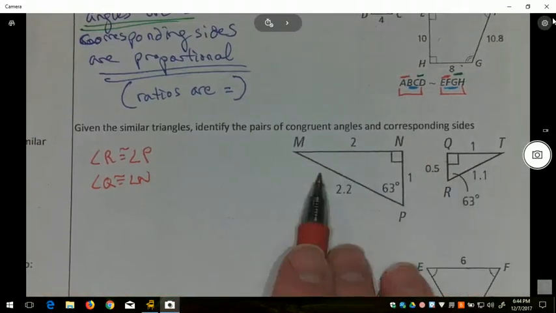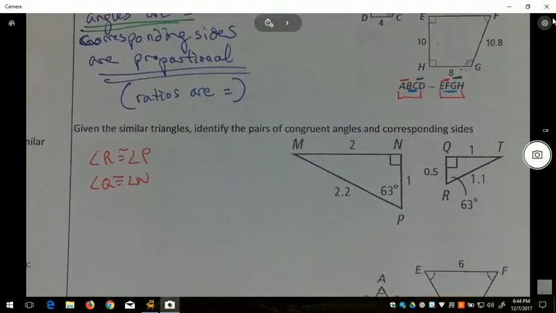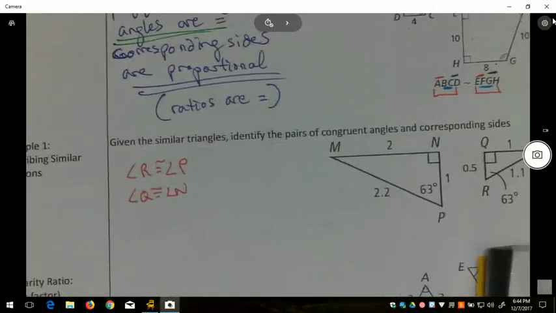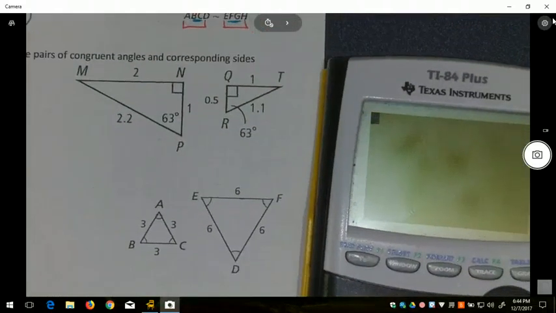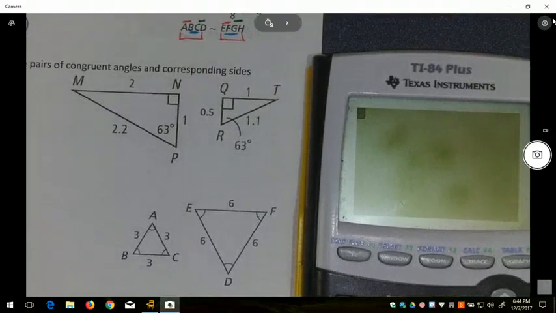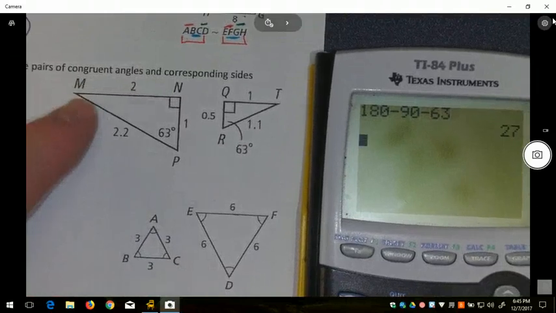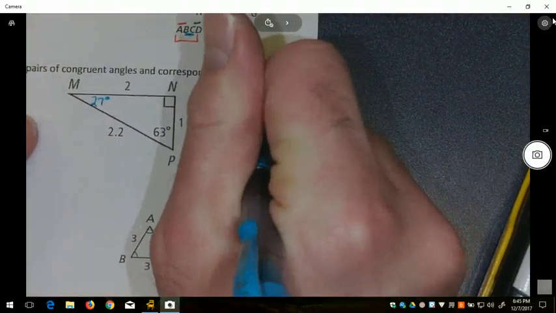And even though I don't know this, or we do know this actually, in middle school you learned about the sum of the angles in a triangle. We've talked about it a couple times. There is a theorem called the triangle sum theorem. It's in your flipper from Unit 2. But we didn't cover it directly because in Calc Path Geo it's not supposed to be covered till later. But apparently they assume that you already know it. So 180 minus 90 minus 63, since these have to add up to 180, makes both angles M and T